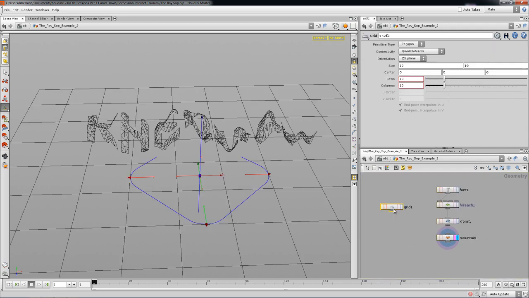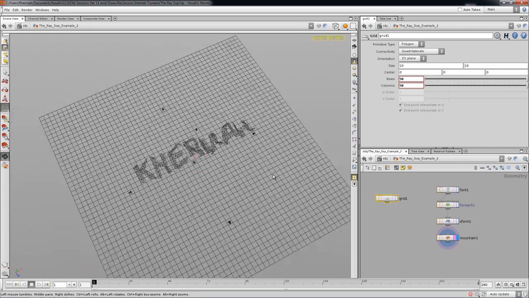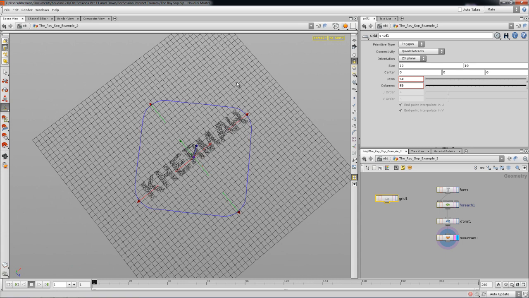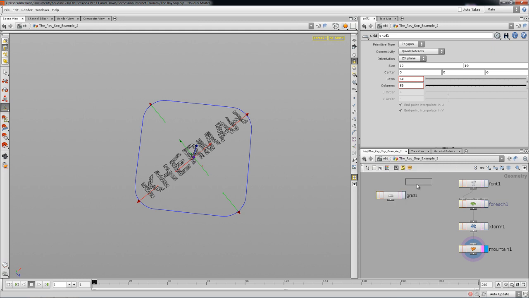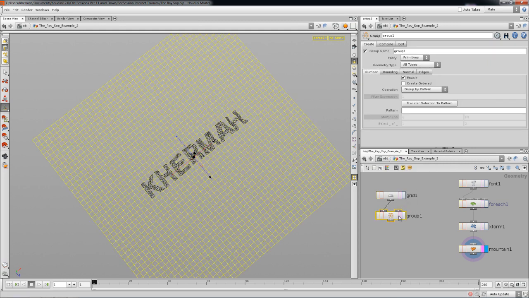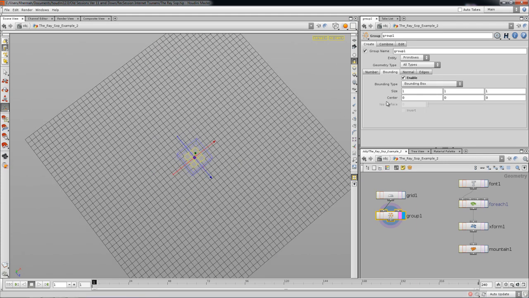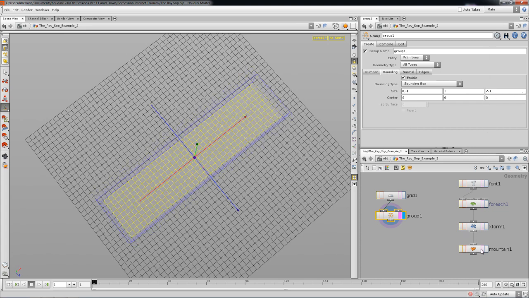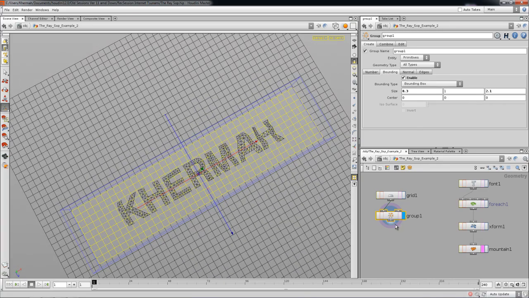Alright, so our grid over here is not high res. We're going to make it 50 by 50. And I like the little squares, even though it's too much. If I want to subdivide this, I know eventually it's going to be way too much, CPU intensive for the computer. So I'm going to go group geometry, and I'm going to use a bounding box, which in my case will be on the X. And since you're going across, you just go across like so, and that should be enough for whatever